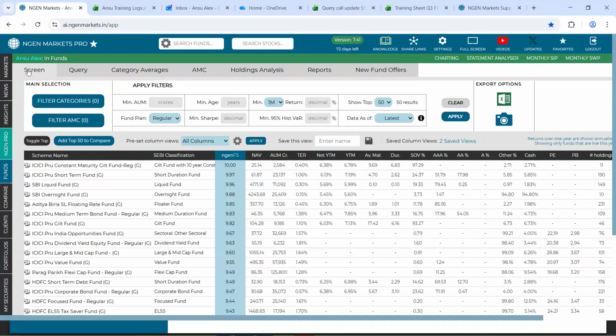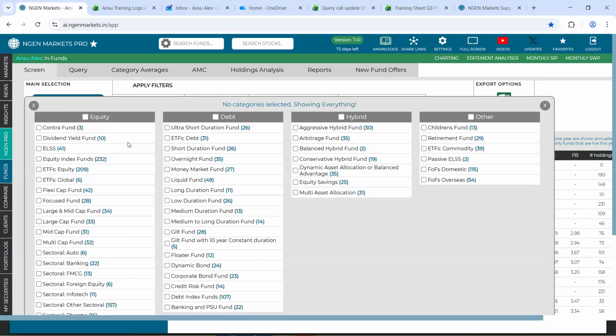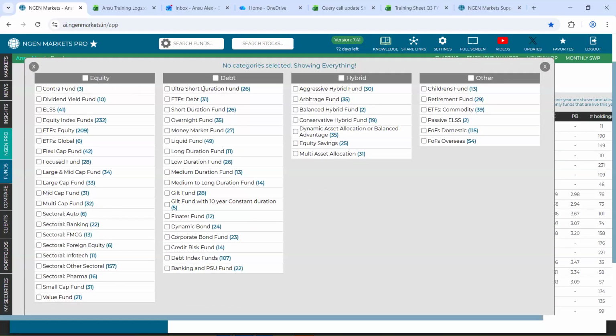How you go about it: the first filter that you come across is this filter categories, which once clicked will give you four buckets, which are the asset classes, that is equity, debt, hybrid, and others. And their respective SEBI classifications is what you see on your screen. At the same time, you will anytime have an option to select multiple categories.